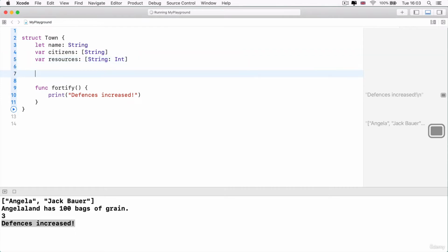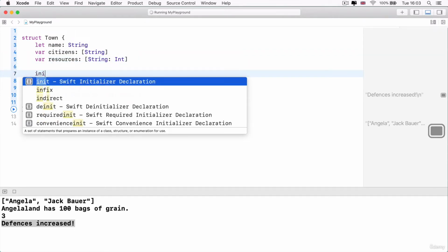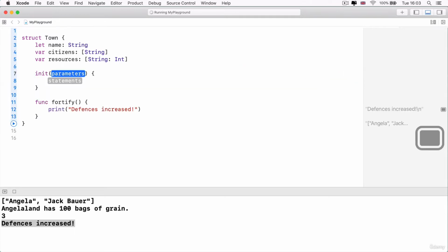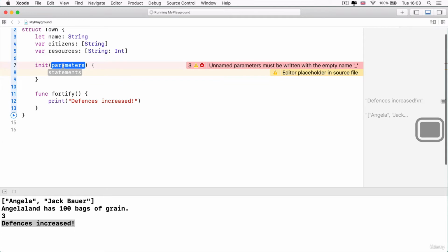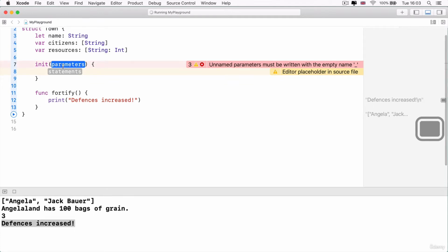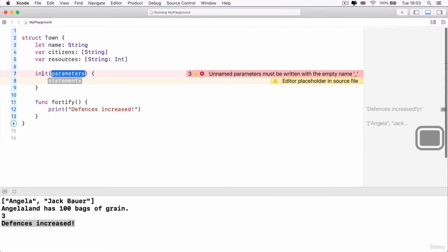But before we do that, we need to create the initializer. So I'm just going to write init, and when my Swift code snippet symbol comes up, I'm just going to hit enter. And inside the placeholder, which says parameters, I'm going to add some input parameters. So when I initialize a new town from my town structure, I'll be able to use these inputs to fill in my properties.